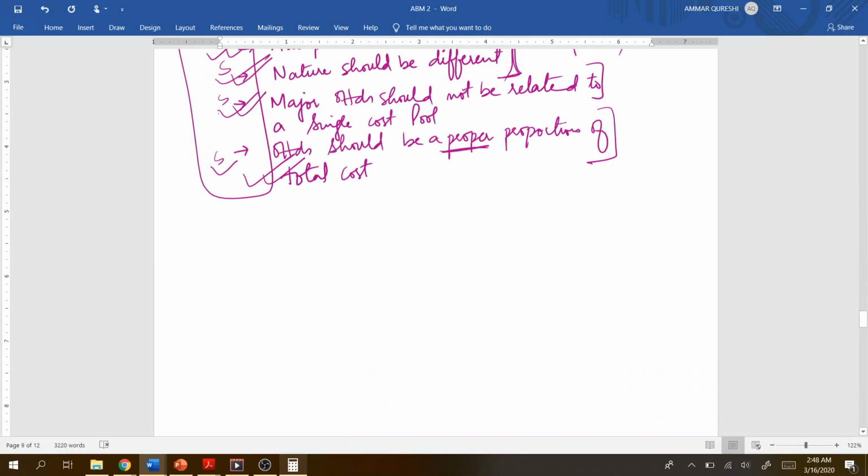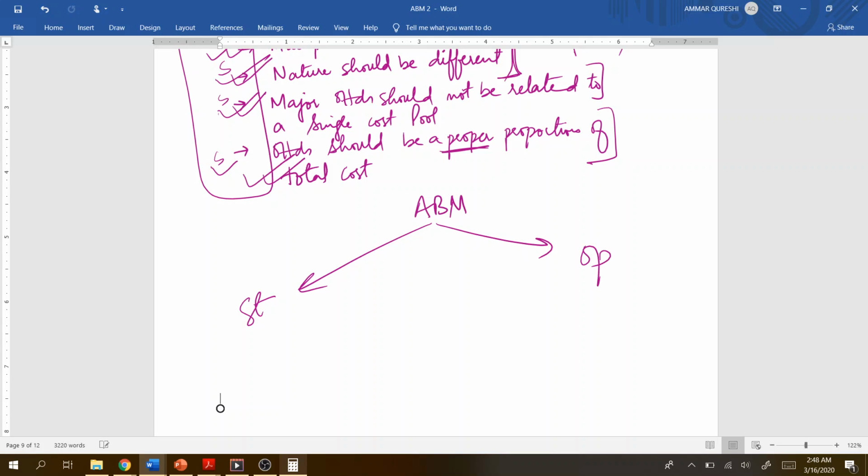So what we discussed is that the activity-based management system has two areas: the strategic level and the operational level. At strategic level, there are two areas. The first one is product related, and the second one is customer related. And the operational level is